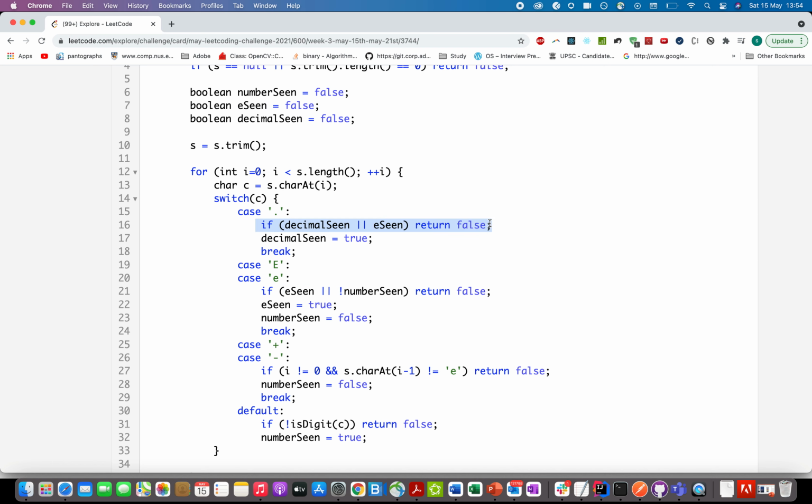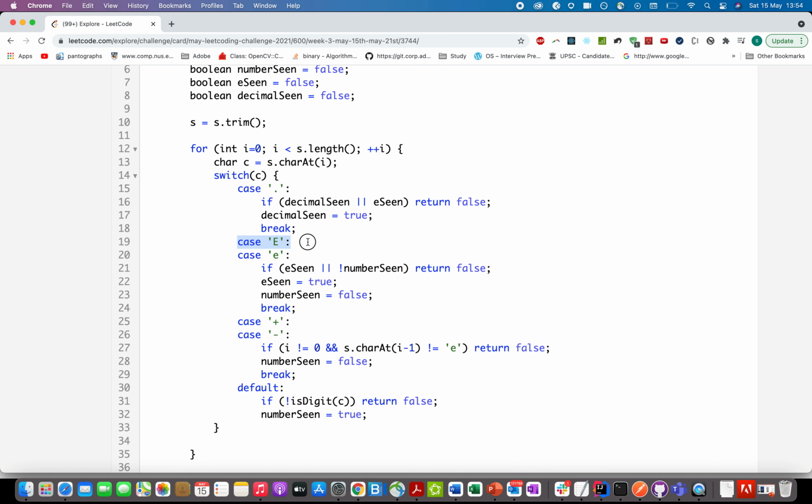Those were the first two cases that I discussed. Otherwise, I toggle the flag for the decimal part to true, and I have written a break after this. The second case is whether we are seeing a capital E or a small e. Both cases lie under the same umbrella, and let's talk about what if condition should be included there.